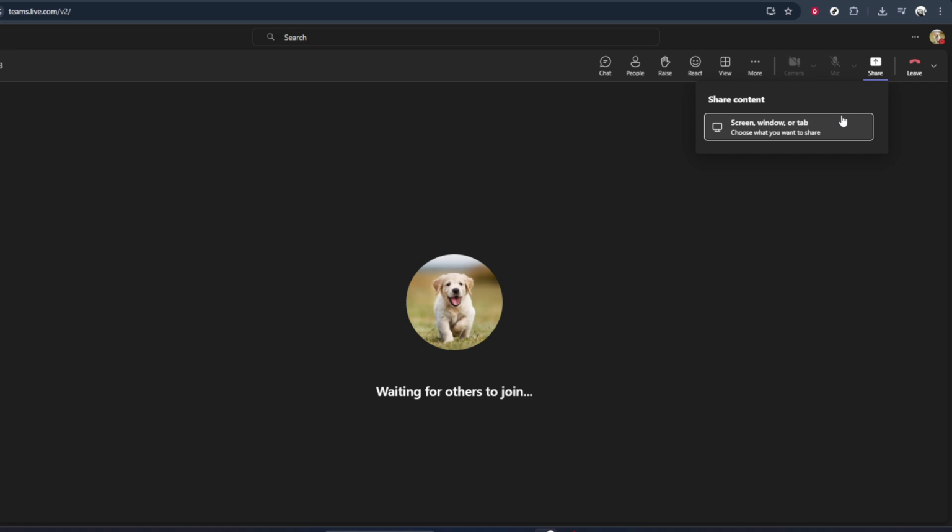Once your slides are visible and everything looks right, you're ready to present. Use the arrow keys or on-screen controls to move through your deck. And remember, you can always stop sharing by clicking the